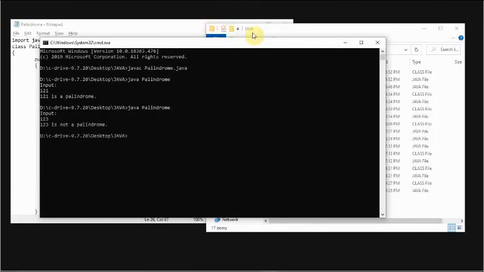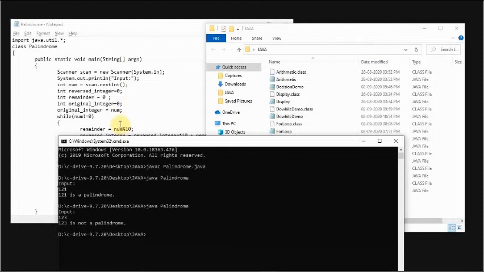So this is how you write the palindrome function. Although you can use a for loop instead of the while loop, I prefer the while loop. If you want to know the code using the for loop, please leave a comment below. I'll make another video on that soon.